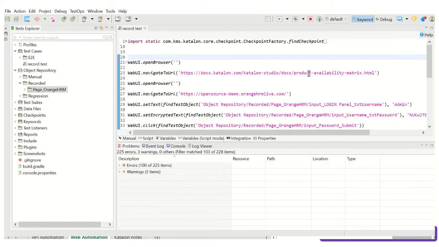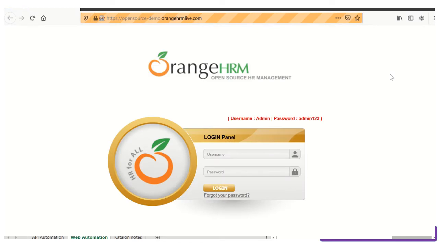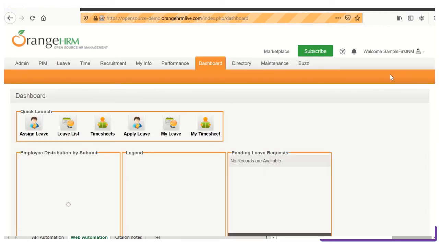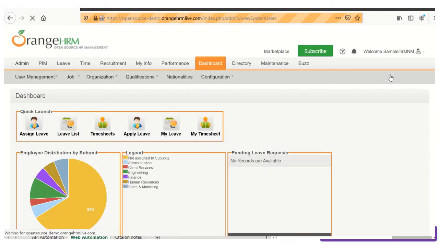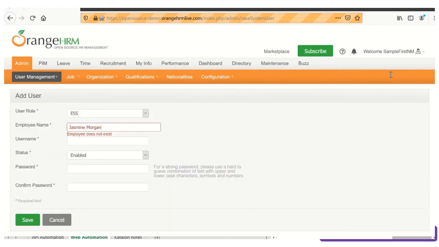Okay, sorry. These steps were captured incorrectly earlier, so I forgot to remove them. Ignore those first two steps. Now it is launching the application. Again, it entered the credentials. It has logged in. Now it is clicking on admin tab and then clicked on add tab,